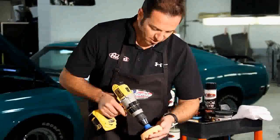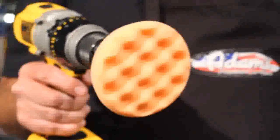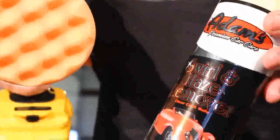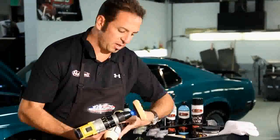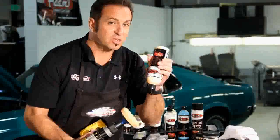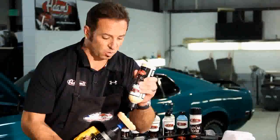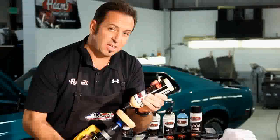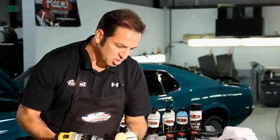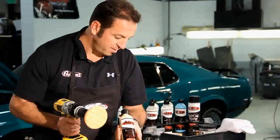And of course, like all of our polishes, the orange pad goes with the orange polish, our swirl and haze remover. Now, swirl and haze remover is a finer polish, and it's really, really easy to use. If you're concerned that your scratch is not that serious, you can actually start with this orange polish and the orange pad. So that'll be a good place to start if you have any fear of doing this. So just a little bit of polish, swirl and haze remover on the pad,